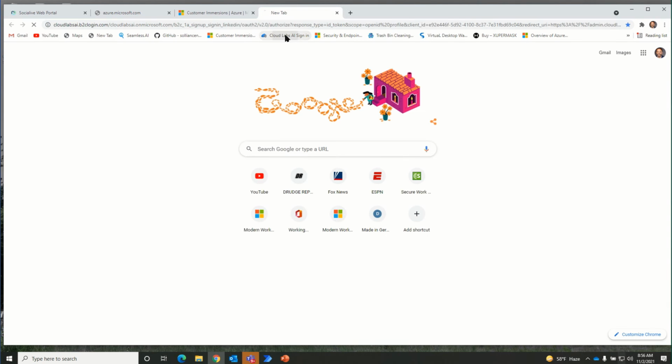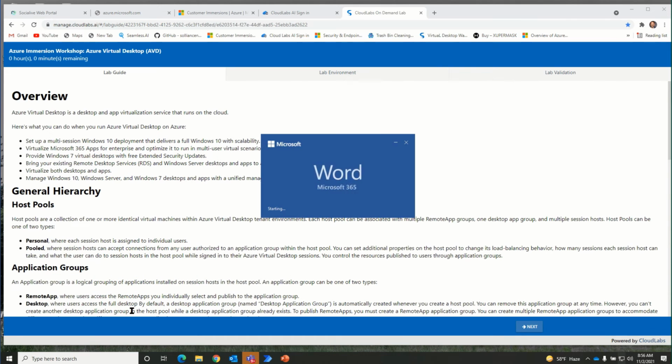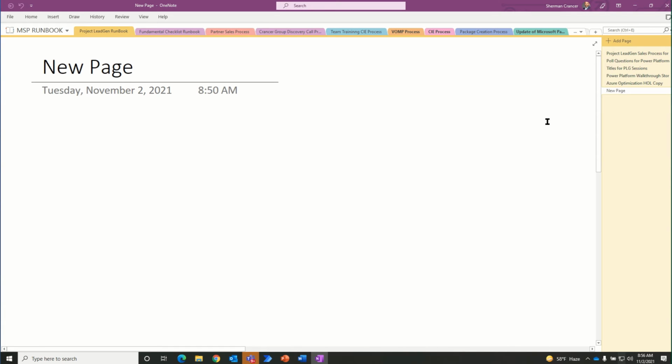There we go. Now we see the customer immersion experience. We're getting that. Now it's actually opening up Microsoft Word, and it's giving us a blank document. Now it's going to go and it opens up OneNote, and it actually created a new page. And that really is the power of adding more things to your robotic